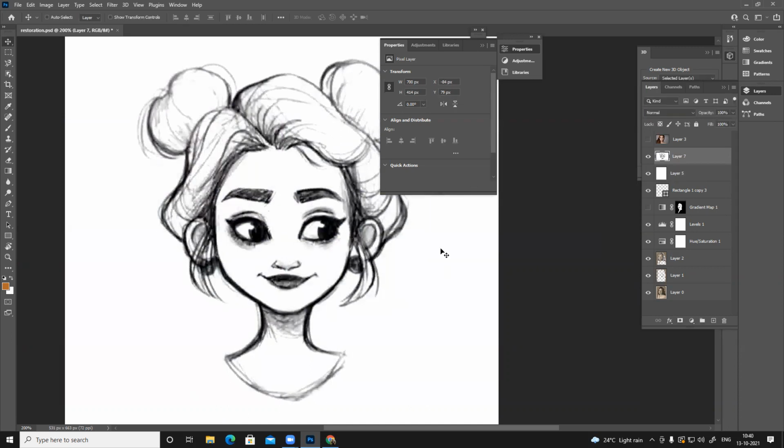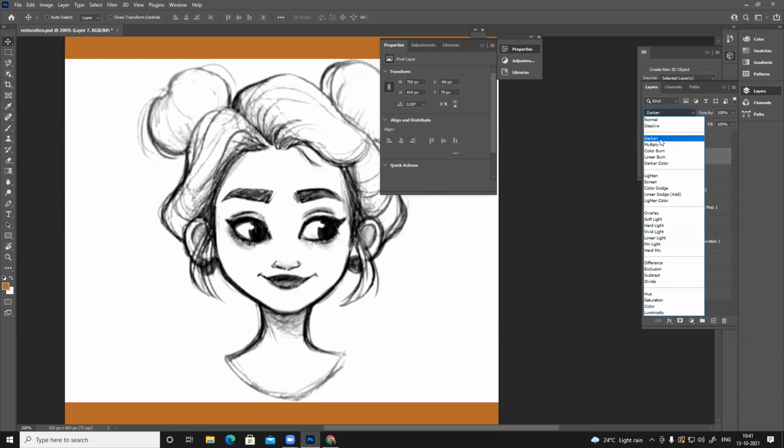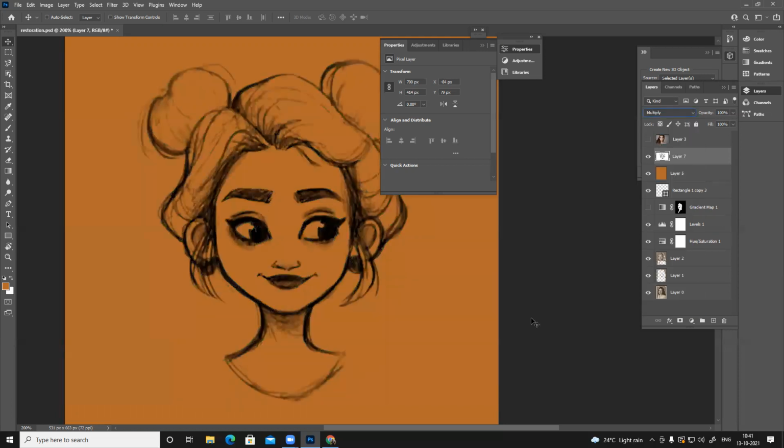So now I want to paint it. This is like concept art, so I want to add colors to this. What I'll do is fill a base. I can fill any color, but you can see if I fill any color, you can still see this image. It's all white and black, but I don't want this white part. I want to fill color. I select this, convert this into multiply. All the whites have vanished.